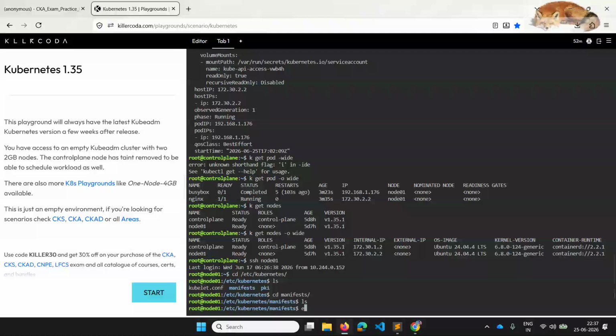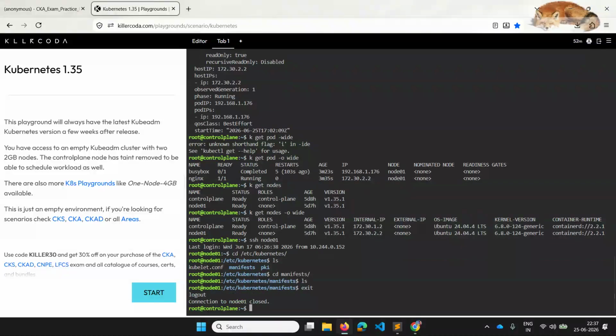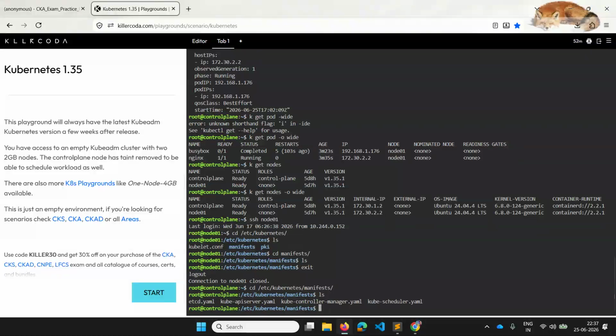I think the control plane node will have the manifest files, so I'll just exit. I came to the control plane node and I'm doing /etc/kubernetes/manifests, and we know that the controller manager is responsible for the pod CIDR range.